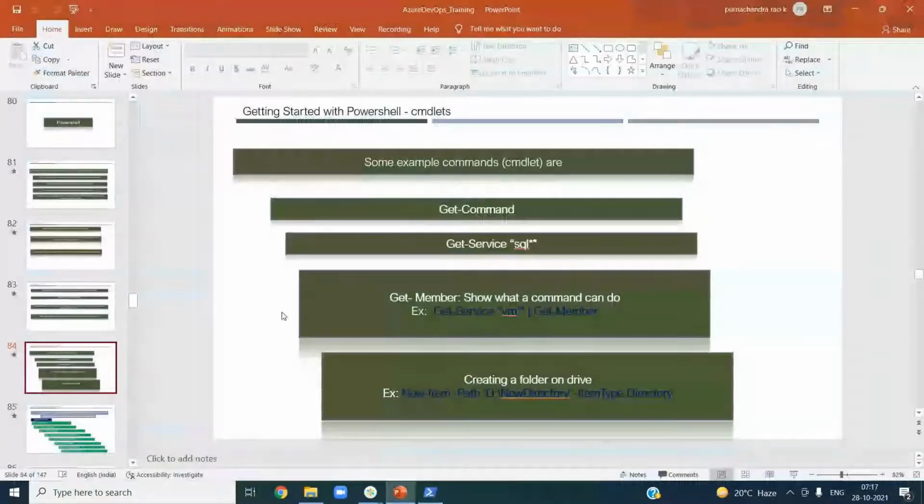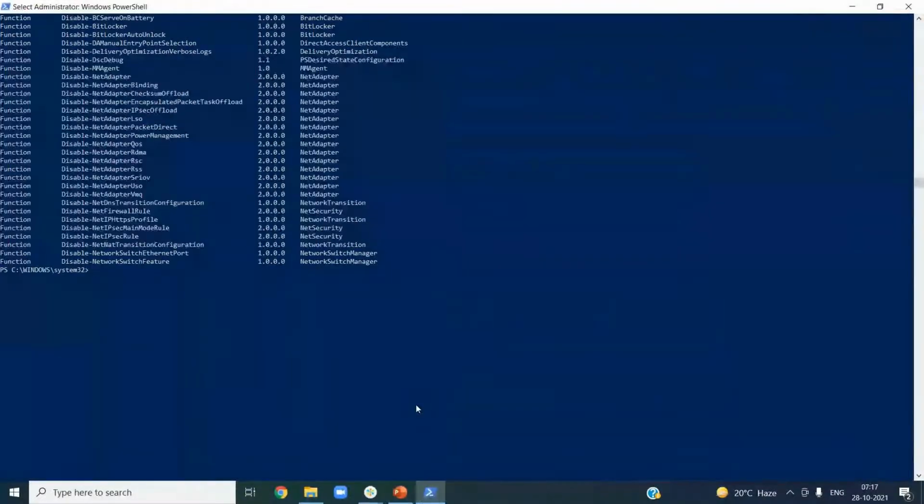Because there are hundreds and hundreds of commands, PowerShell will also give you flexibility to search for the commands using regular expressions. Okay, let us say you can use the clear command to clear it. Let us say you want to know all the services that are running on your server, SQL services running on your server, but you don't know the service names basically. So you can say Get-Service,